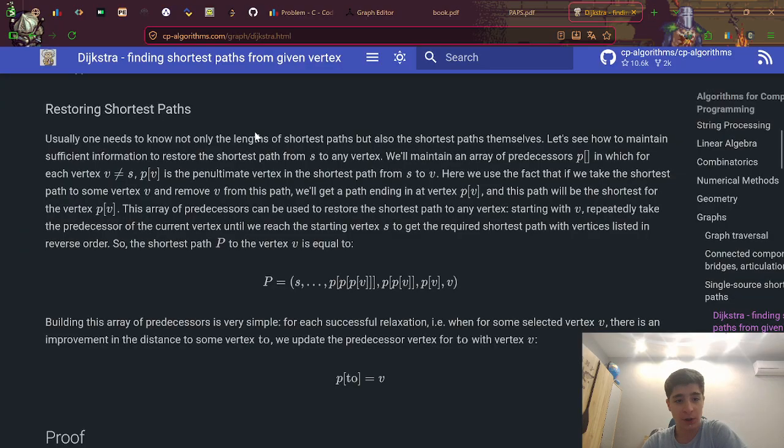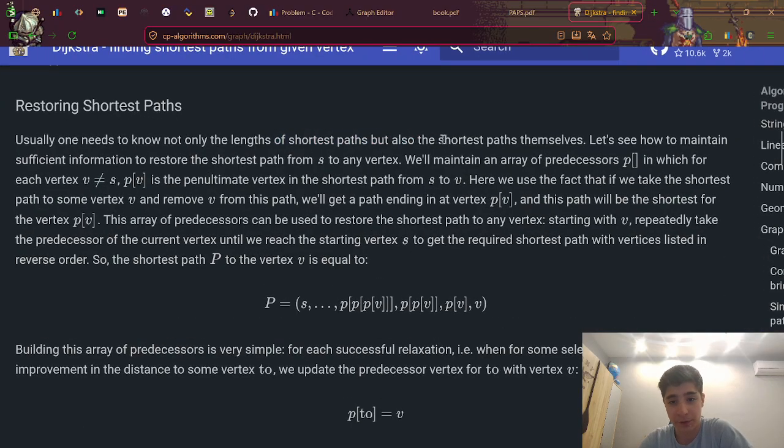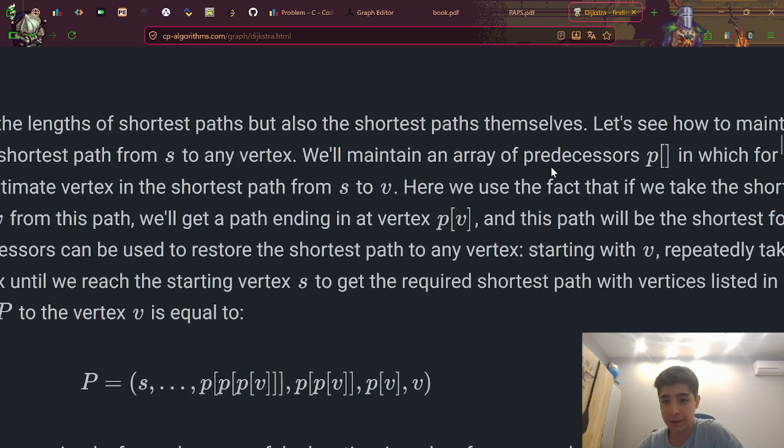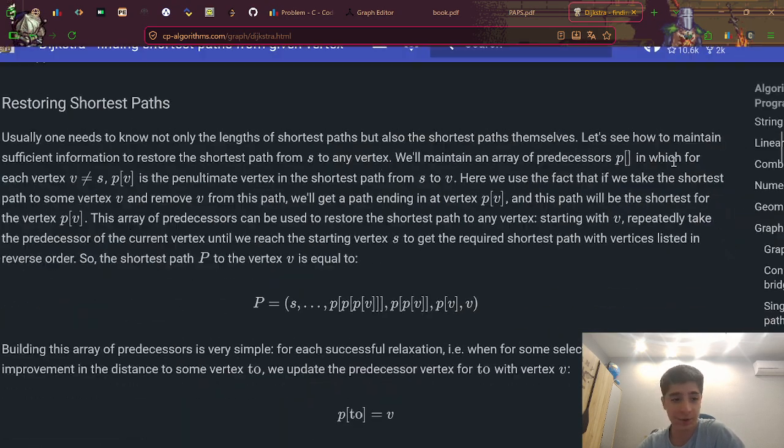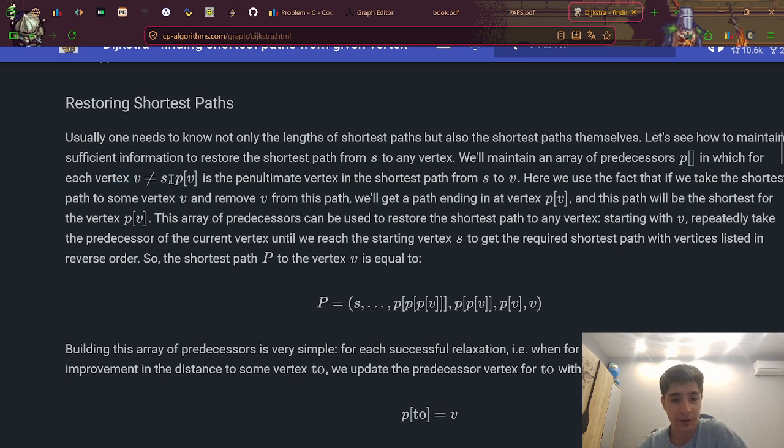Usually one needs to know not only the length of short paths but also the short paths themselves. We will see how to maintain sufficient information to restore the shortest paths from S to any vertex. We will maintain an array of predecessors P, in which for each vertex V not equal to S, P[V] is the